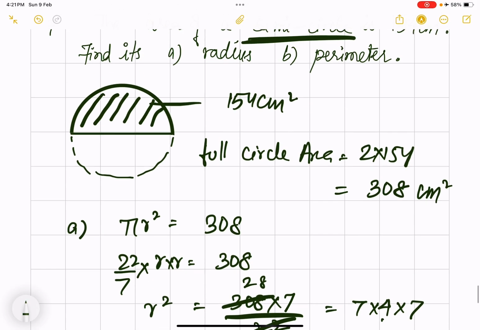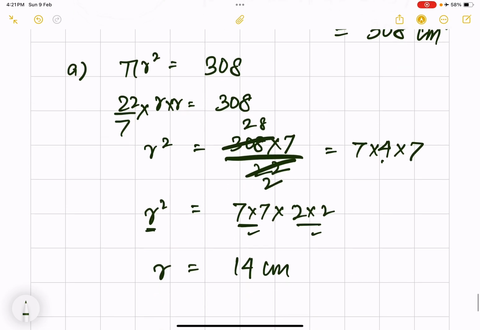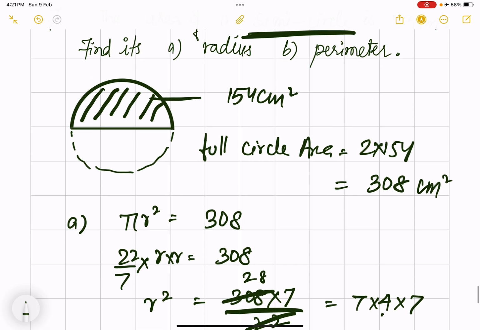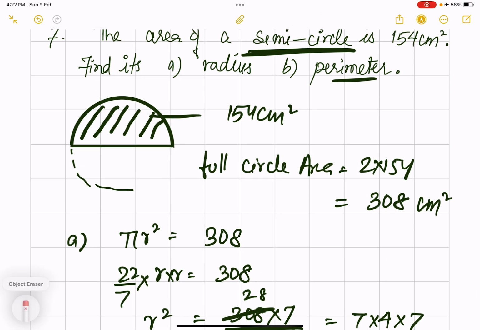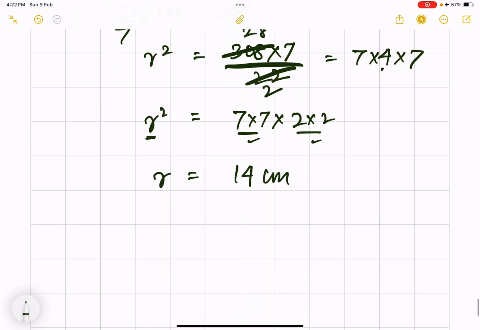Okay. Maybe they will not ask you this question in the exam, but it was only to increase our familiarity. Next is perimeter. How will you find the perimeter of a semicircle? Just for your knowledge, for the perimeter you will find this whole diameter and this semi-circumference. So the perimeter would be the diameter plus 2 pi r upon 2, which means the diameter plus the semi-circumference. The diameter was double of the radius, and when you do 2 pi r upon 2, you are only left with pi